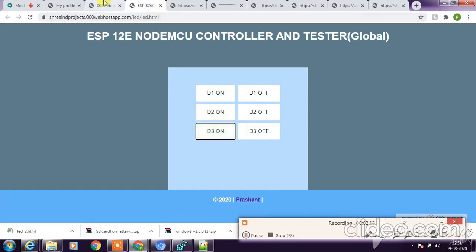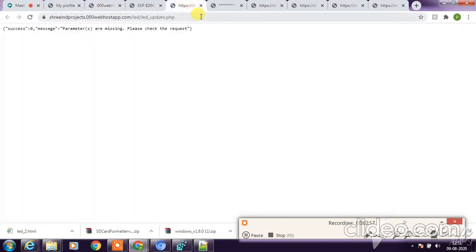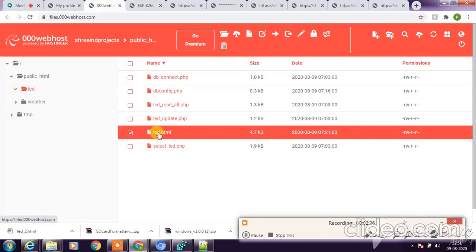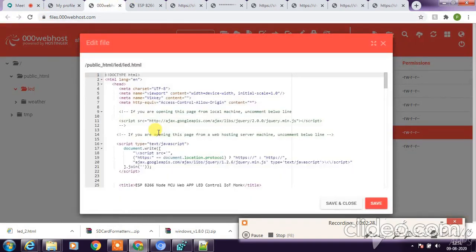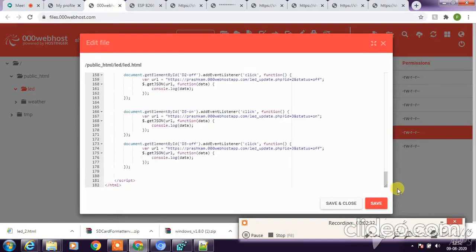So right now we have to change the code backend. So what we have copied is the update, delete this, and just copy and open the code here also, and I'll replace the states. So when you come down in the last of the code, there is a different syntax to do that.